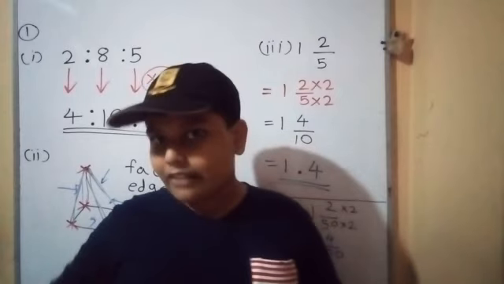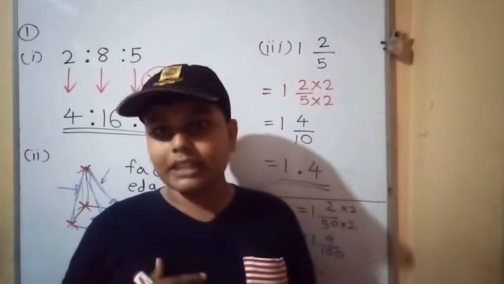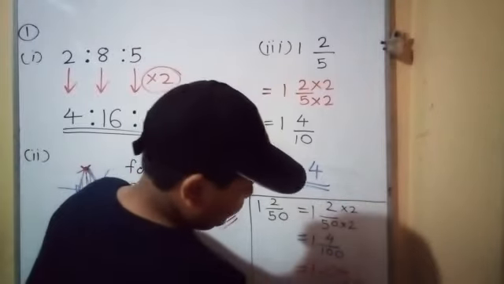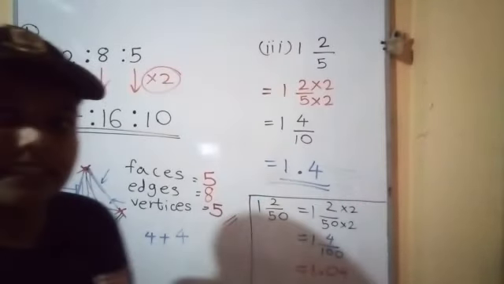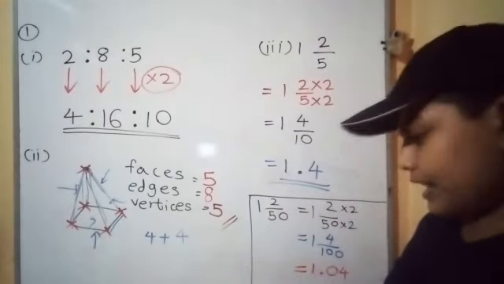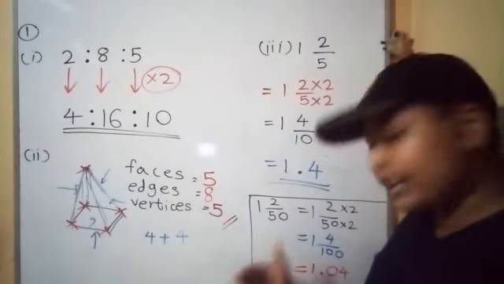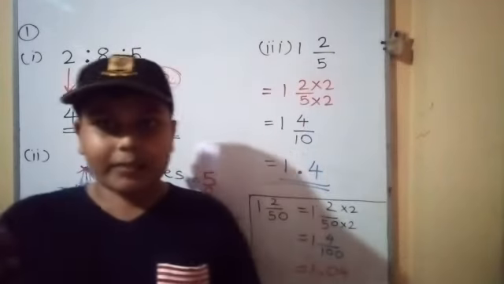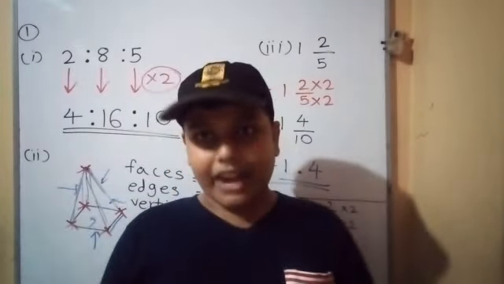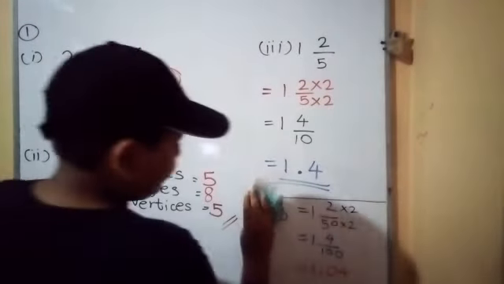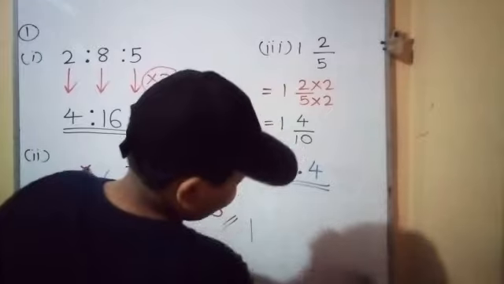In the 10 you can write only 4. But in the 100, 0, 4, like that. This is the extra one, no? So I do not give this for you. They are not in the revision exercise. I give this for your extra knowledge, that converts a mixed fraction into the decimal number.